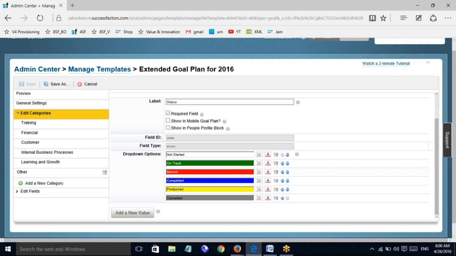That is why it is very, very important to be aware that adding or removing categories may impact your users, specifically when users copy goals from your previous year goal plan template to a new year goal plan template. It may also impact reporting as well.